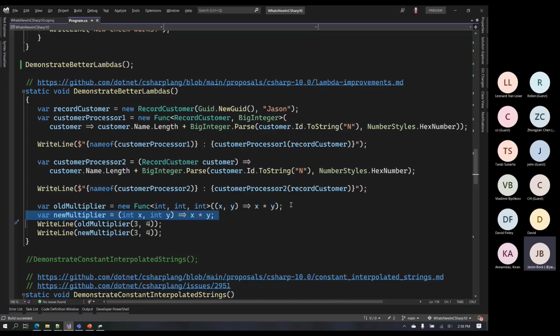And because of this better lambda feature, the ASP.NET Core team didn't have to have an overload for every func and every action imaginable, which is 32. And that may be the case if you've ever wanted to handle an arbitrary func or an action, is that you have to have all these overloads in place to handle every single case. What they were able to do is just say, basically take a base delegate type, and you could pass them whatever you want with this better lambda syntax, and it would just work. And they would be able to figure out what the actual type was, and was it taking any arguments, does it return a value if it's a func, and handle it accordingly. So it led to a lot less work from an API definition standpoint with what they were building in ASP.NET Core.